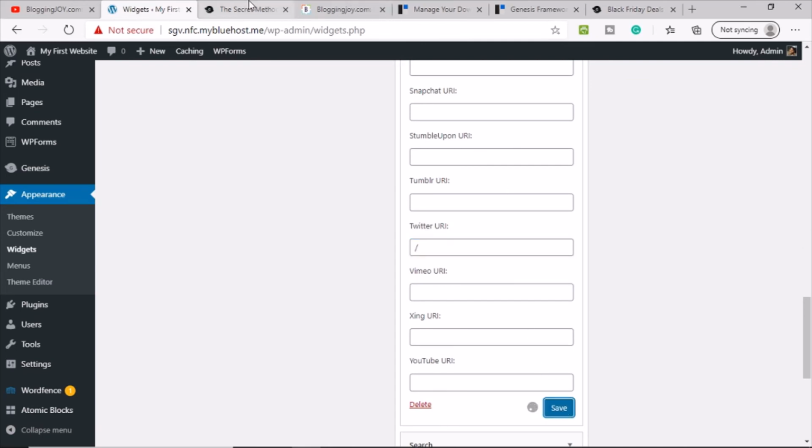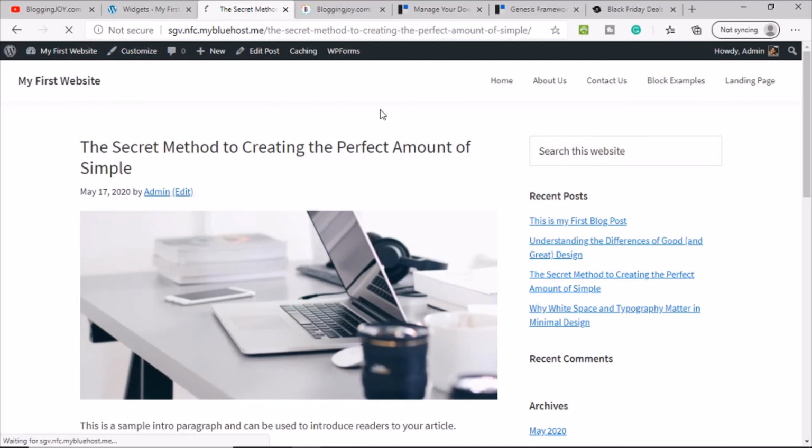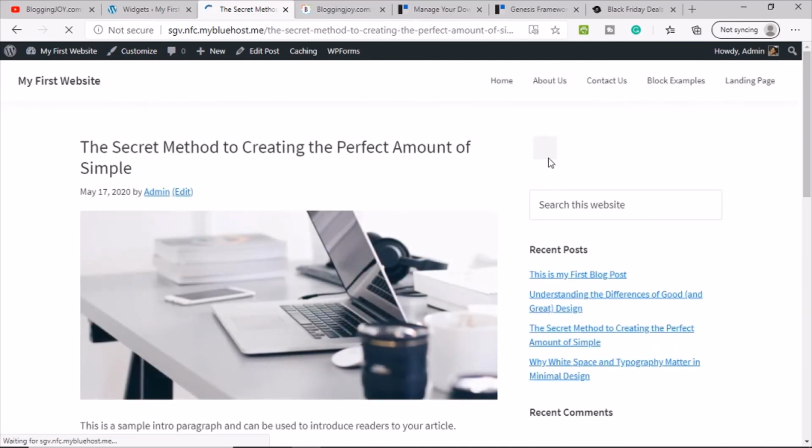I'll save it. Let's come to the home page. Refresh it. You can see Twitter icon has come. So this way you can set up the blog. All the necessary things, almost all the necessary plugins, all the basic pages, and by following these settings, you can set up your complete blog with the help of this Genesis framework and Genesis sample theme. So that's all in this video.